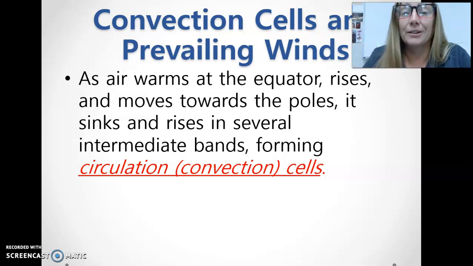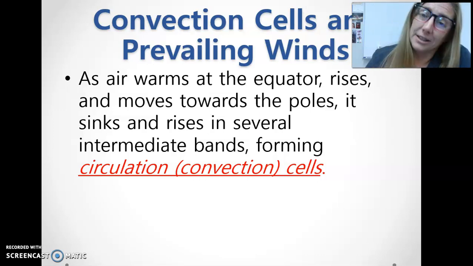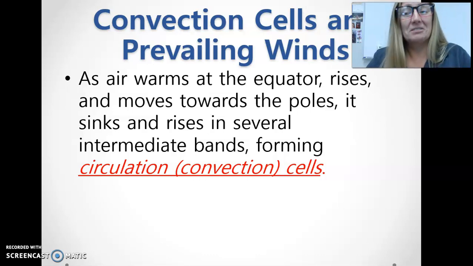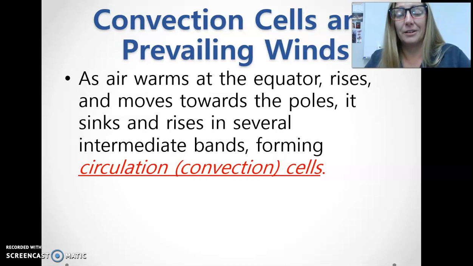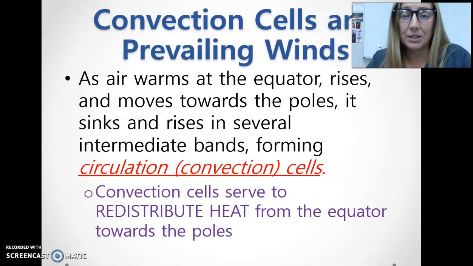So this pattern of warm, less dense things rising and cool, more dense things sinking is known as a convection cell, otherwise known as a convection current or a circulation current or a circulation cell, whatever you want to call it. So we do have multiple convection cells on Earth, 3 in the northern hemisphere and 3 in the southern hemisphere. And the main idea of these convection cells is that they are redistributing heat from the equatorial regions towards